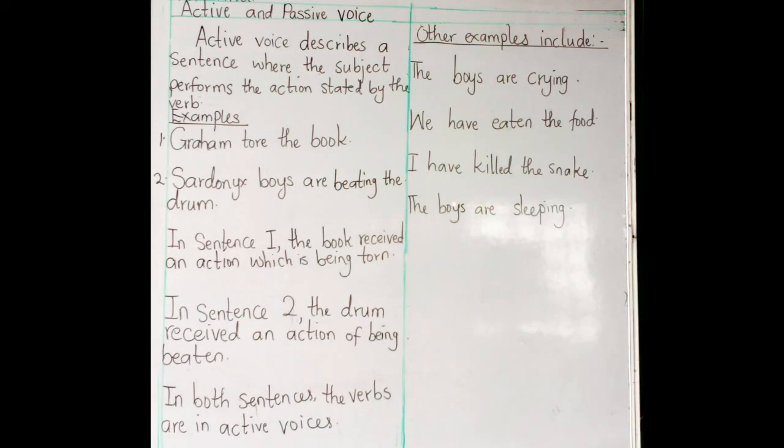Pay attention again. This last sentence I'm pointing at now and the first one here are similar. Remember what I told you? A sentence does not always have to contain an object, but a verb must be there. So we said the boys are sleeping. The action here was carried out by the boys. And what action did they actually carry out? They slept.